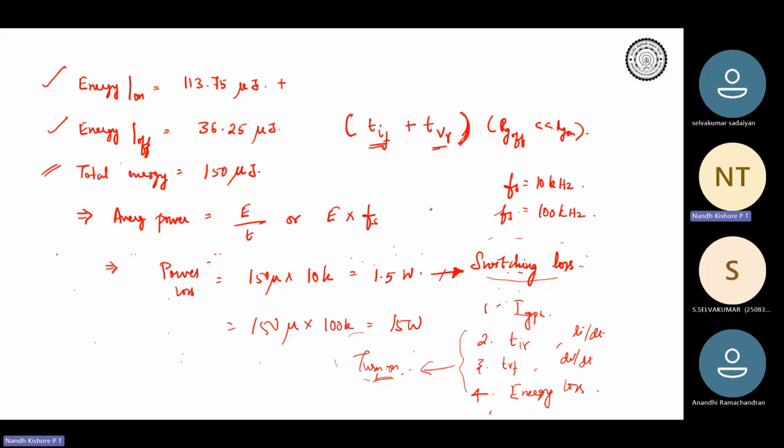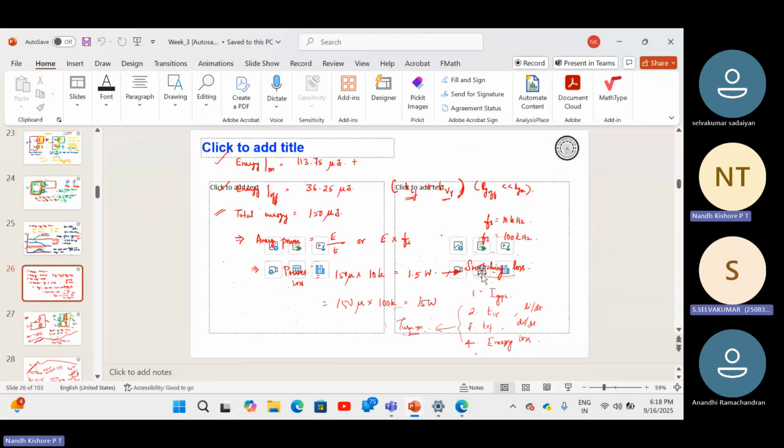For each device, if you go into the data sheet, you will see that the device is probably rated for between minus 50 to plus 150 degrees Celsius, or minus 25 to 175 degrees. That is the maximum operable temperature of the device. If your junction temperature exceeds this, your device is going to blow up, and that is something we don't want. So today we will focus on solving problems that will give me what is the power loss,